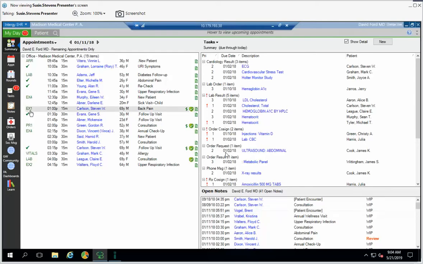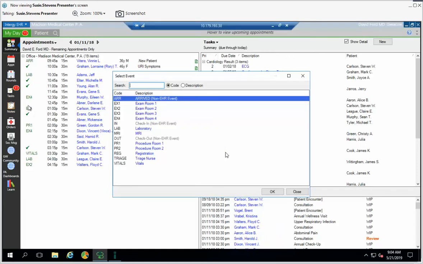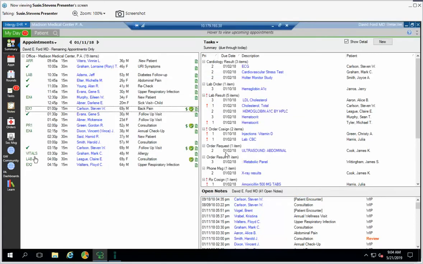So this first column is allowing me to see where that patient's currently located, or if I needed to change them to a different area, like the nurse rooming the patient, this is where she would go to do so, just by clicking into that area. But as you put your cursor over the top, you are able to see how long the patient's been in